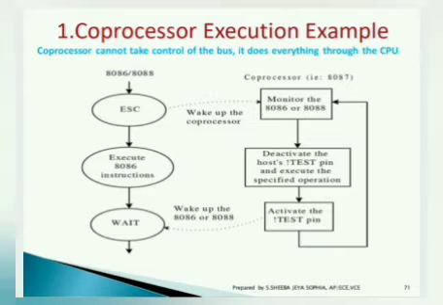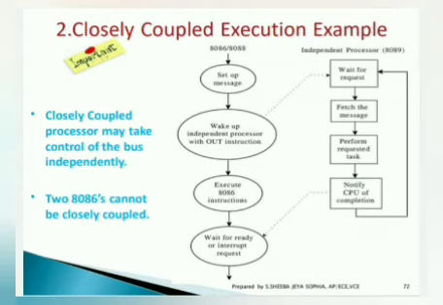So a coprocessor cannot take control of the bus; it does everything through the CPU. In the closely coupled example, the closely coupled processor takes control independently. This is the major difference. A coprocessor cannot take independent control, whereas a closely coupled processor can take independent control of the bus, and two 8086s cannot be closely coupled. The same processor, that is 8086 with 8086, cannot be coprocessed or closely coupled. The independent processor used here is 8089. So it waits for a request, and after getting the request, it tests the message, performs the task and produces the output